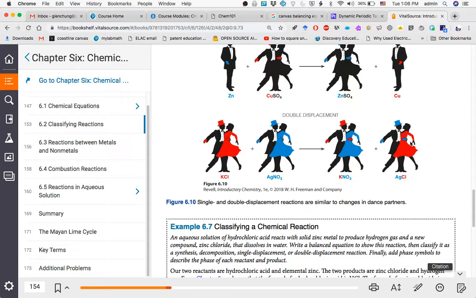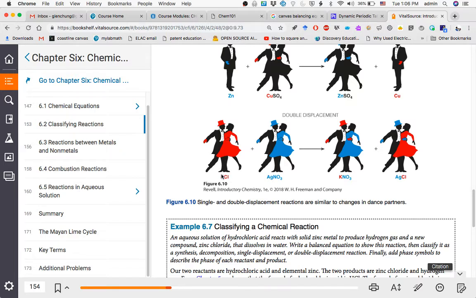Okay? Now, your textbook is a little bit sexist here because they have the man always first here. The man is always the positive ion. Now, what's up with that, right? Come on. Isn't it ladies first? This is the 21st century, right? So anyways,